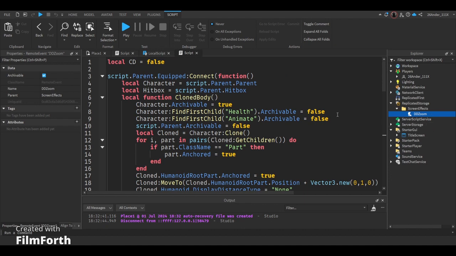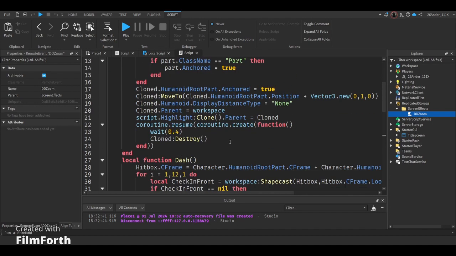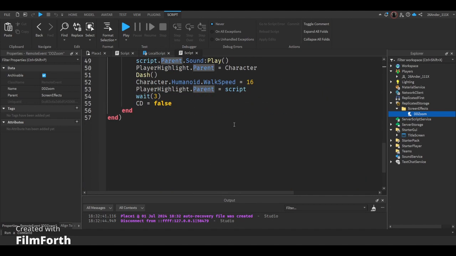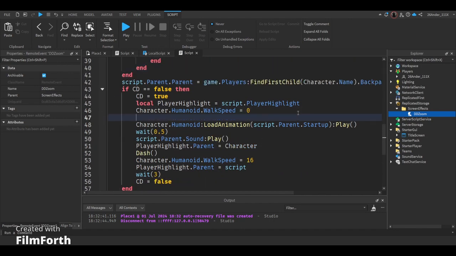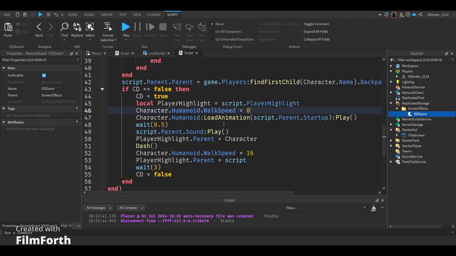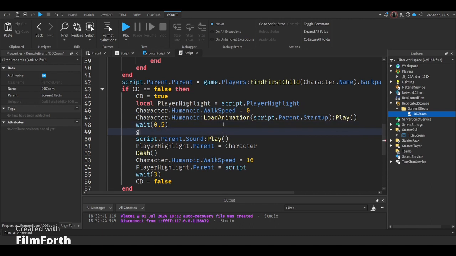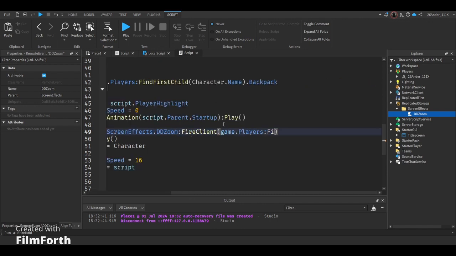And since I'm doing a server to client and affecting one client, since I already know what my character name is from this script, which you should see the video for, how I made this entire thing, I don't have to worry about it accidentally activating other local scripts, as this will filter it out for me. So the zoom in effect will occur right as I dash. All I have to do is get the object, FireClient. I already have the player object or the player name, so I just find it using FindFirstChild character.name. And then put in my second argument, which is required because in the local script,